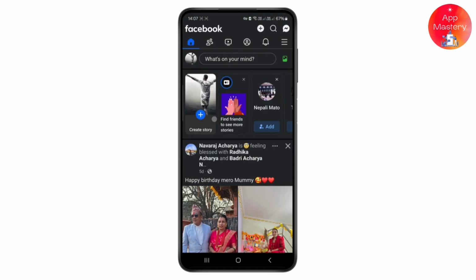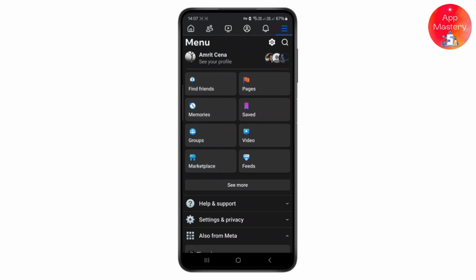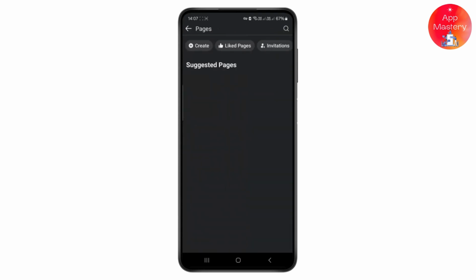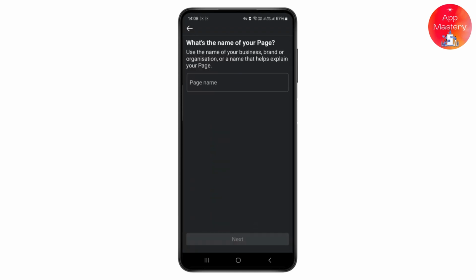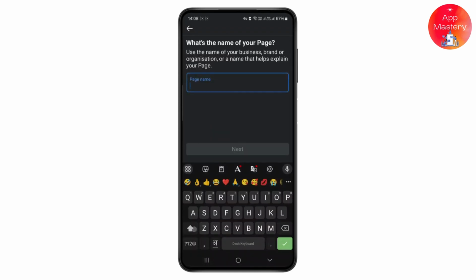So first thing, simply head over to your Facebook application, and once you're inside the Facebook application, simply click on the hamburger icon over here, and as you can see there is an option called pages. Simply click on it and you can see the option called create from the top left corner here, and once you click on it, from here you can simply click on get started and simply give your page name